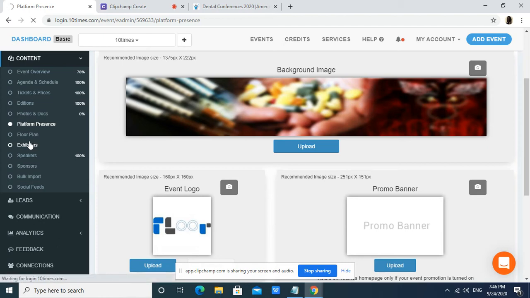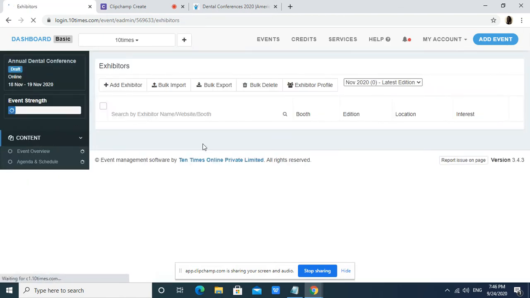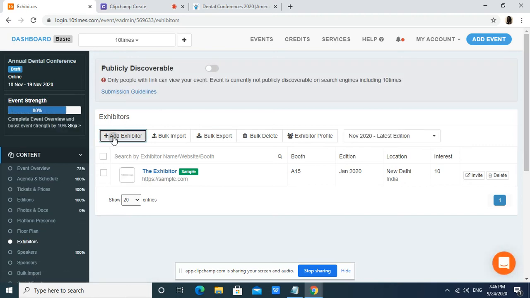You may add exhibitors from here. If there are multiple exhibitors, just click on the Add Exhibitor tab.